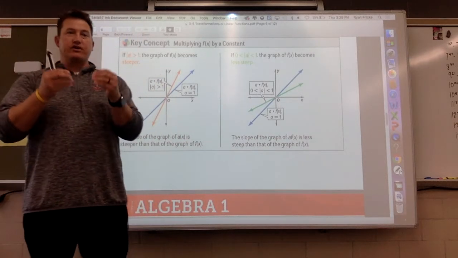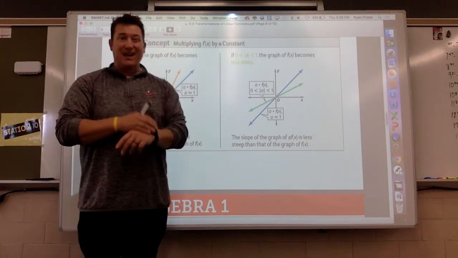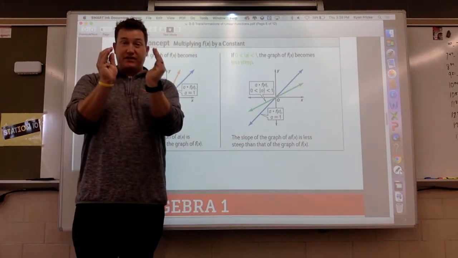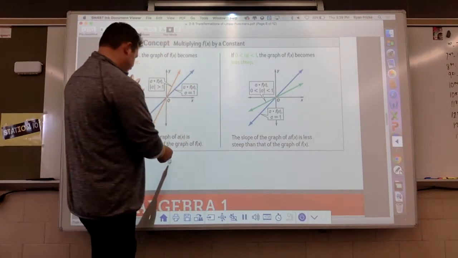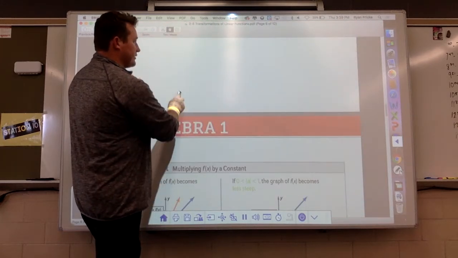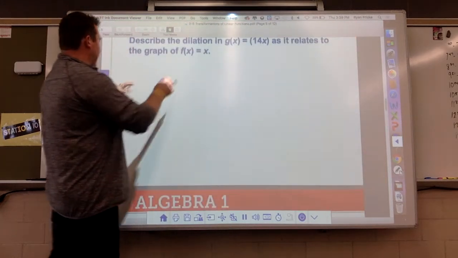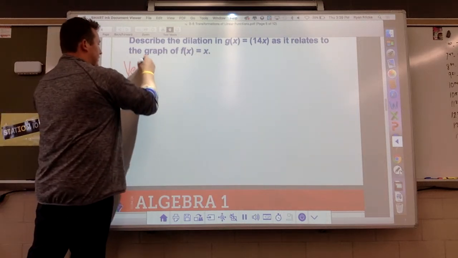So a compression or a stretch. Two of these are very similar. They kind of mean the same thing. Again, it depends on, do I see parentheses or do I not see parentheses, okay? We really don't have a good place to add it in here, so we're going to add it over here, guys, okay? So I want you to write down